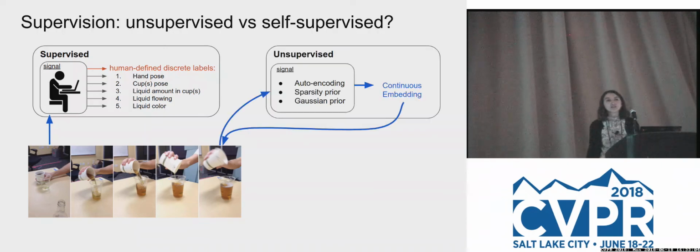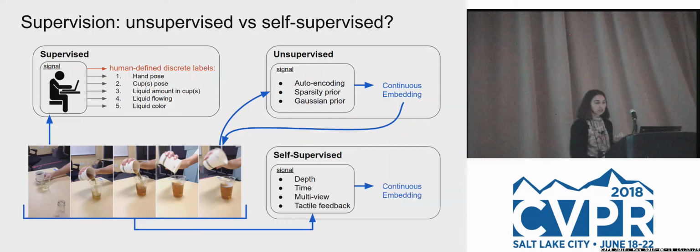Unsupervised learning from this video would be a lot like what we have talked about today, using autoencoding or trying to do dimensionality reduction with certain constraints. For example, you can autoencode things into these images to be able to reconstruct them. You can add some priors or constraints and so on. And that will be purely unsupervised learning. Whereas self-supervised learning,